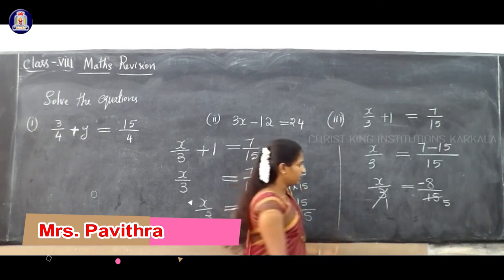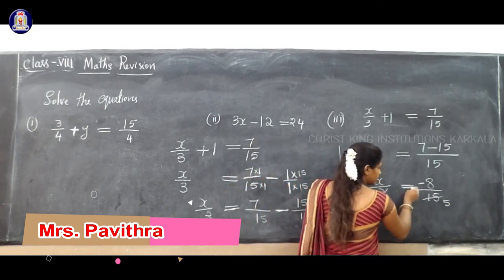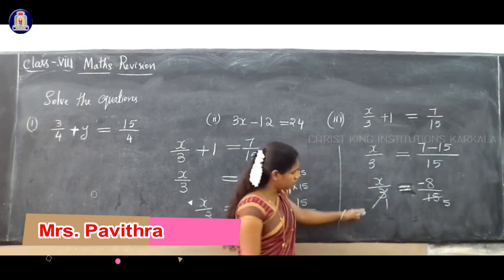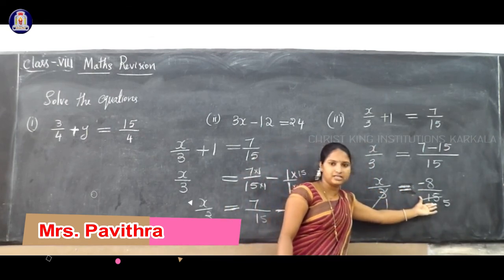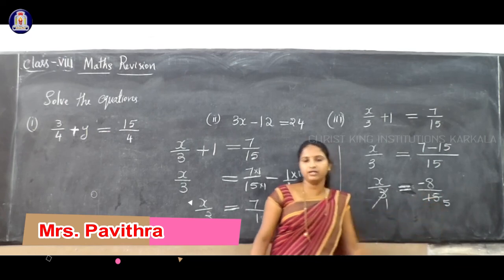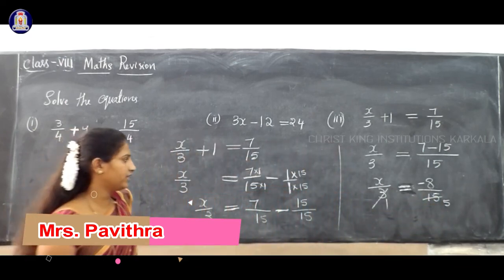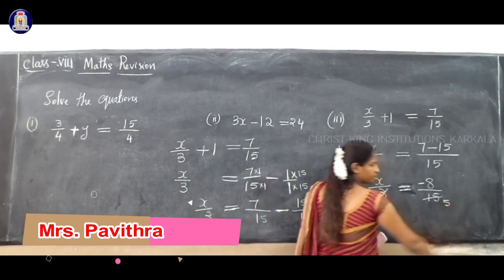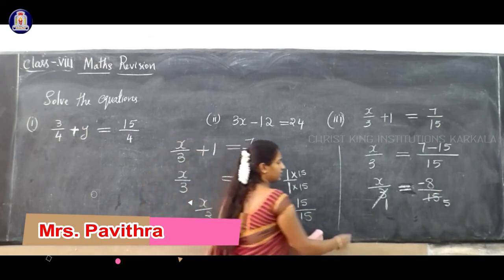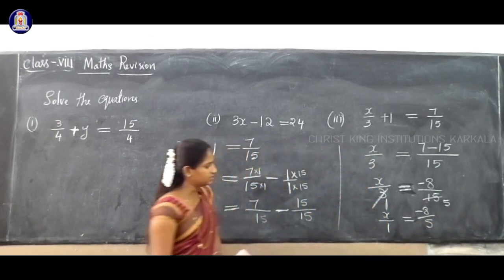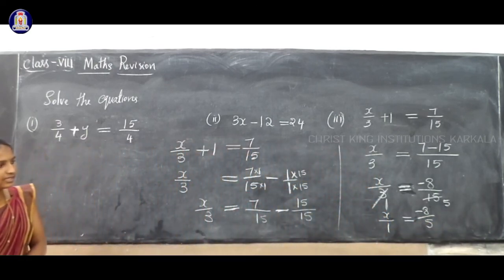This is possible when the equal sign is given in between these two terms. Here the sign is equal, isn't it? So then you can simplify like this. Only in this case, see, the denominator is 3 and the denominator here is 15, and 3 divides 3 and 3 divides 15, isn't it? The same number divides both denominators. So we can simplify like this. 3 ones are 3, 3 fives are 15. So what is remaining? Remaining is x by 1 is equal to minus 8 by 5. Is it correct? x by 1 is equal to minus 8 by 5.